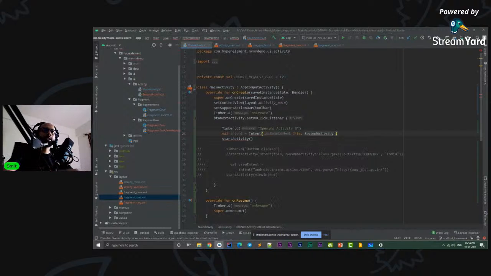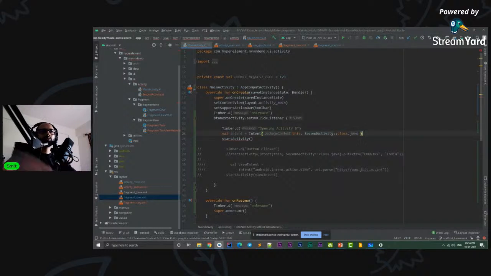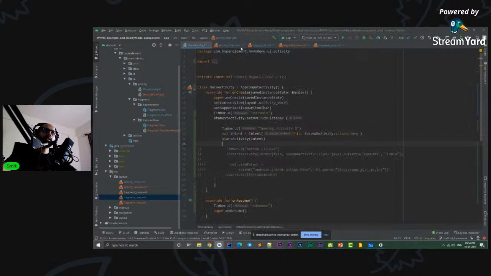Here we need to write our activity destination. I have written my activity destination here, and I'm just passing the intent here. So now if I click on this button, navigation to activity B, at that time it will call this line, then this one, and then start the activity, and it will redirect to the